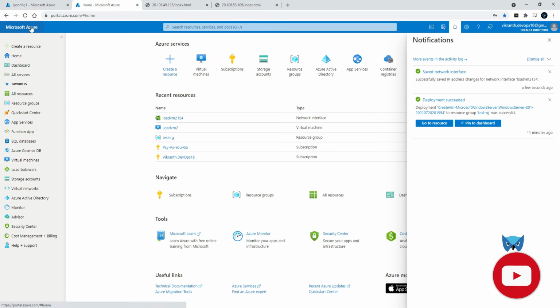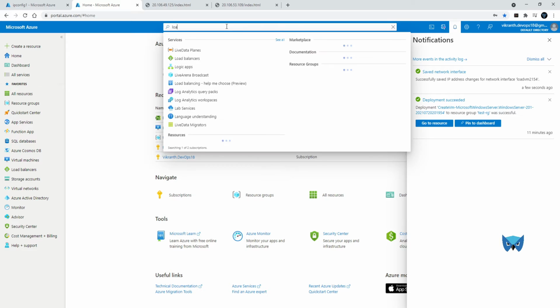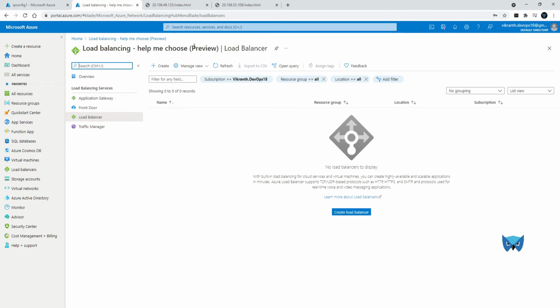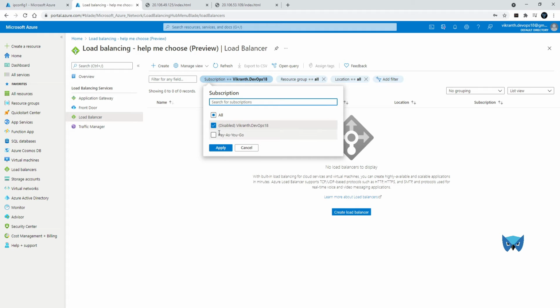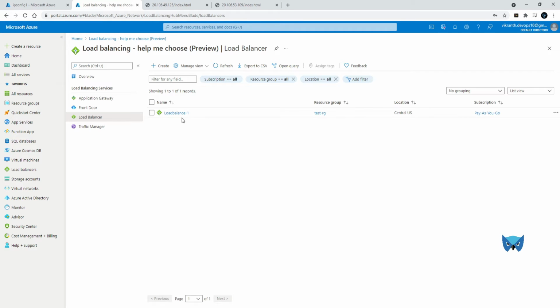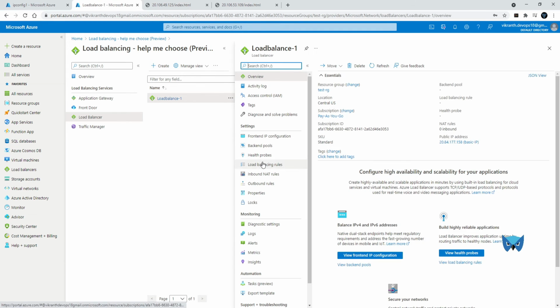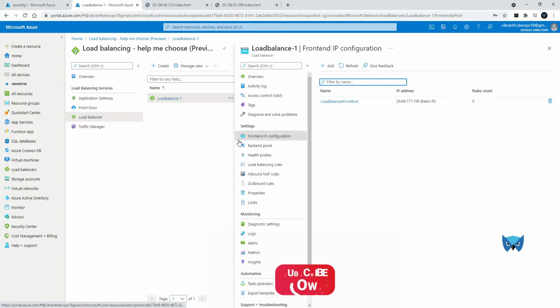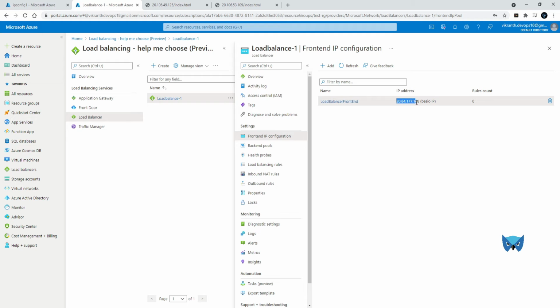So go to the Azure load balancer. Now we need to check Azure load balancer, right? Load balancer. Yeah, click on here. So we'll select our subscription. Yeah, this is a load balancer. Click on this. Under this, we need to go to the settings section and click on front-end IP configuration. Now see the IP is generated for the load balancer's front-end IP address. Now click on backend pools,